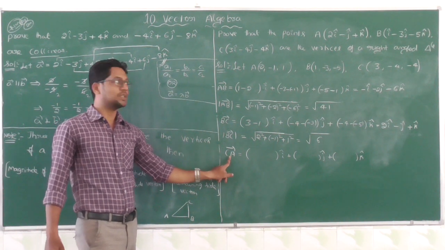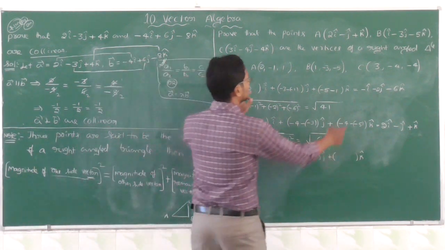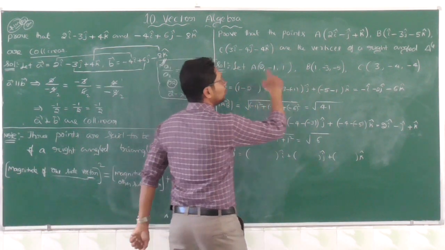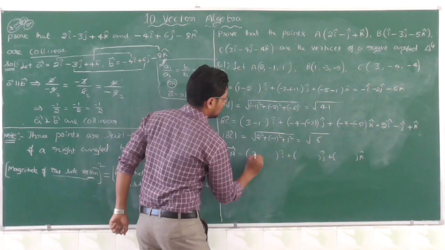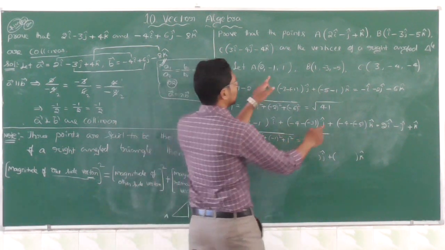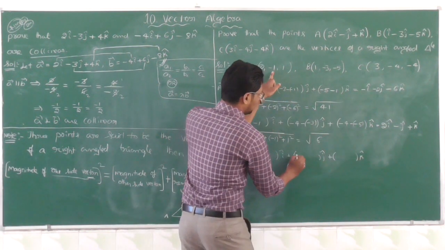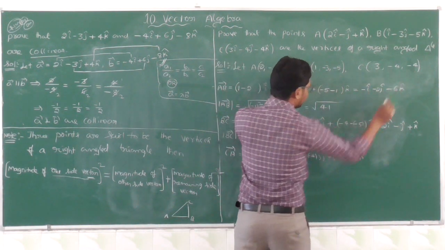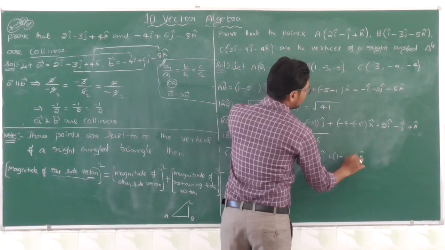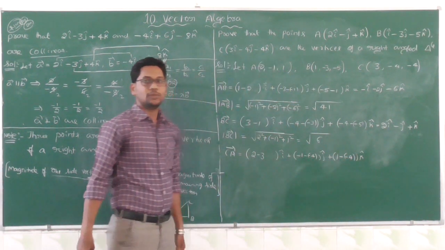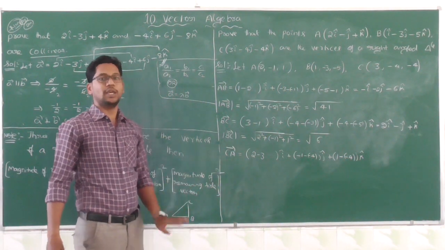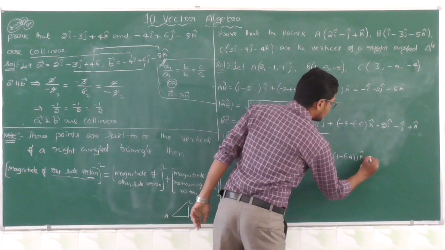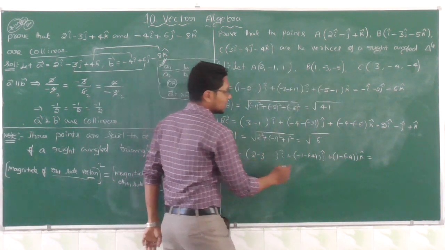So 2 minus 3, next minus 1 minus of minus 4, next 1 minus of minus 4. Vector joining towards CA equals 2 minus 3, which is minus